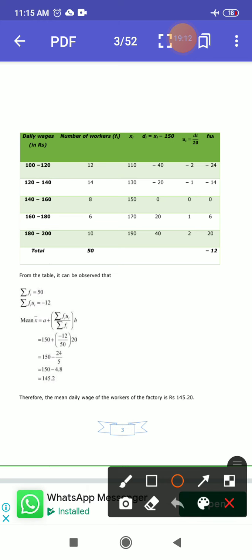Now we feel that for all these two methods you have to know how to work with these things. The direct method you have to use where the calculation is given short. Otherwise, if your calculation is high, if the calculation has so much difficulty, at that time you have to use the assumed method. This calculation is shortest and you can find the answer very quickly. Okay, this method helps in reducing your calculation.